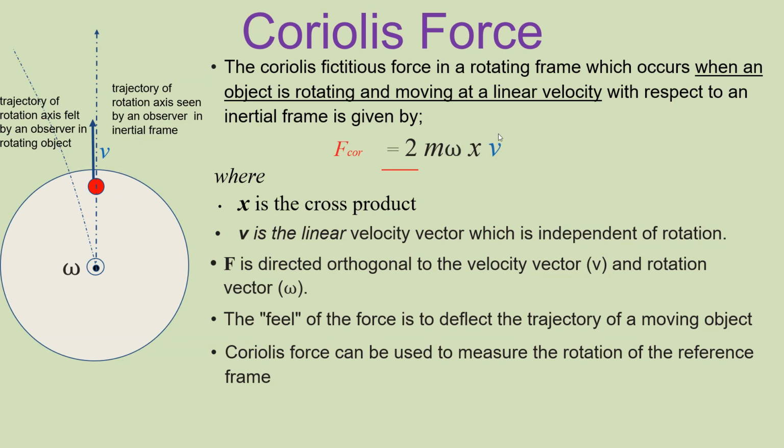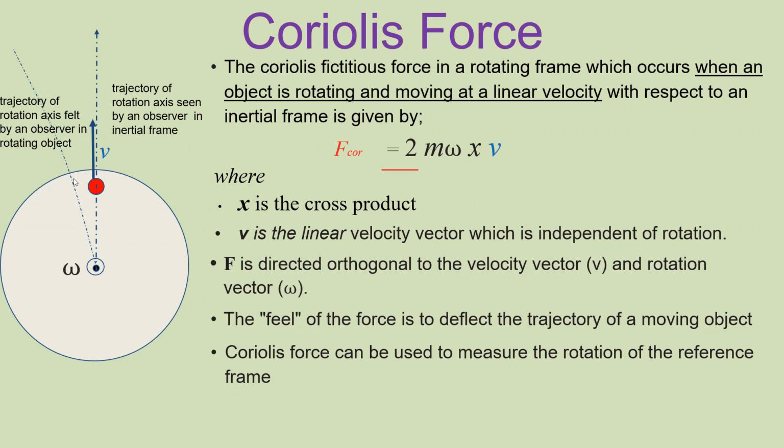So this Coriolis force is perpendicular to both angular velocity and linear velocity, because you get the cross product. The cross product between A and B is orthogonal, or perpendicular, to the plane containing A and B. As this involves a cross product between omega and V, the resulting Coriolis force is perpendicular to the plane containing omega and V. That means, in other terms, it is perpendicular to both omega and V.